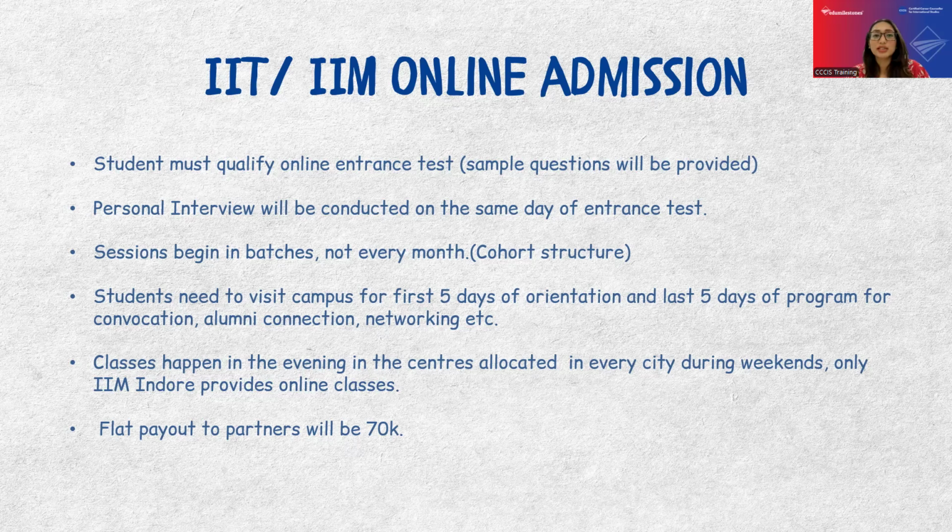So in the first batch, if all the seats are filled, the classes will start accordingly. So they have batches, right? Not every month they start the classes for them. Then the students have to go to college for the first 5 days of the admission for the curriculum, for the orientation, where they have to go to the main IIT IIM campus where they're going to take the online degree, right? So orientation week will happen, and they will have the last 5 days of the curriculum also in